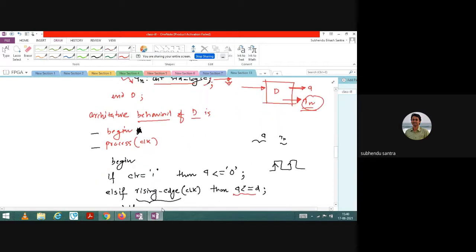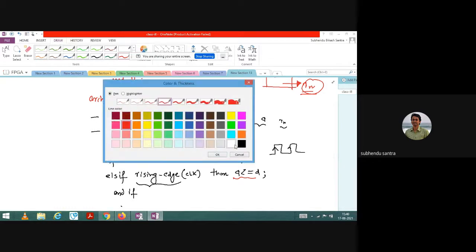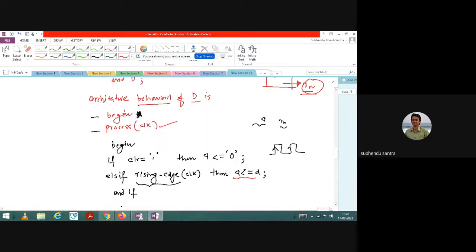Let me discuss the architecture. I wrote architecture behavioral of D, then process, which I think does not need to be discussed. See here, I have taken only that process. Inside the process I have taken clock, but I have not taken clear. Why? Anyone can say this? The complete function of the program depends on the clock.